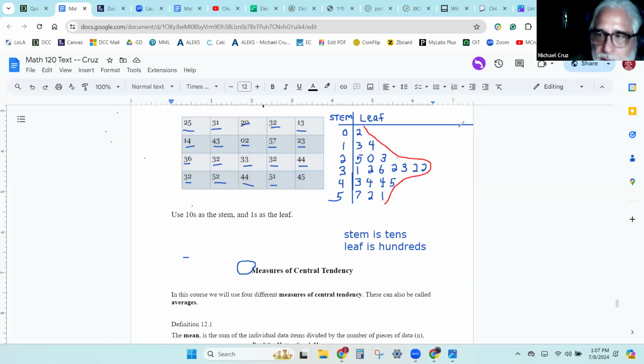So see, this one has 2, this one has, that's one value. 2, here's 3, 1, 2, 3, 4, 5, 6, 7, 4, and 3. And they all add up to, let's see, 1, 2, 3, 4. Should be 20. So there's 10, 10, 17. Okay, so yeah. So that's what we call a stem and leaf.